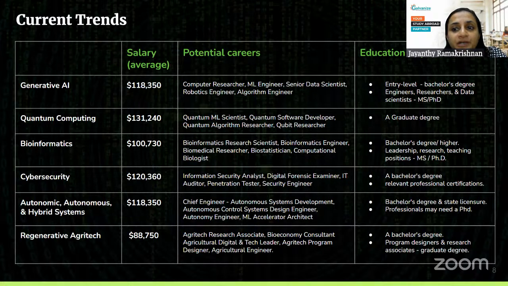Now the education required: if you want to be an entry level person, then you just need a bachelor's degree. But if you want to go on to become a researcher, a data scientist, an algorithm engineer, or a robotics engineer, then you need to do a master's or a PhD. Quantum computing is another emerging field.